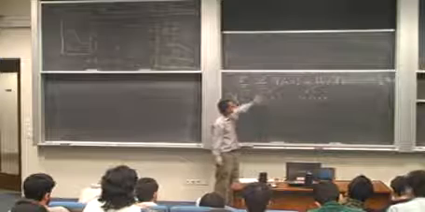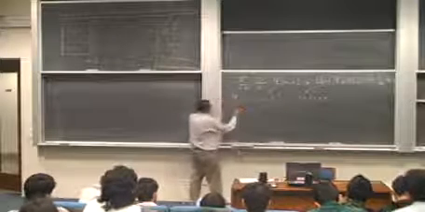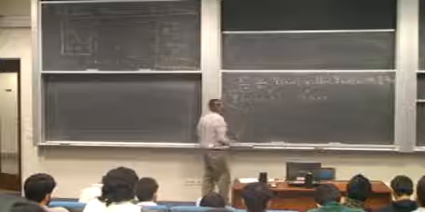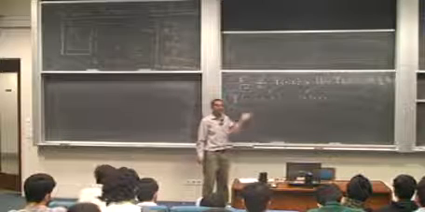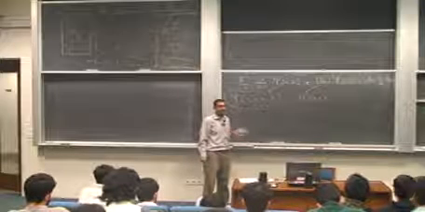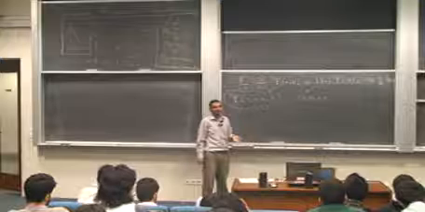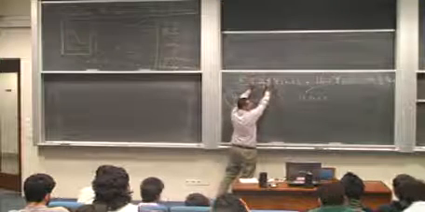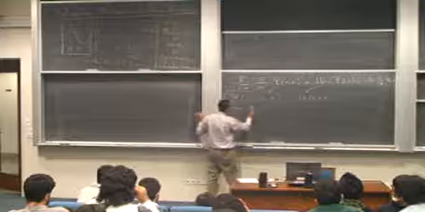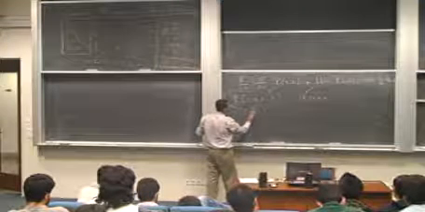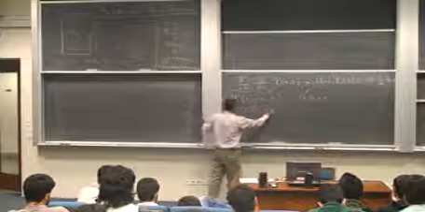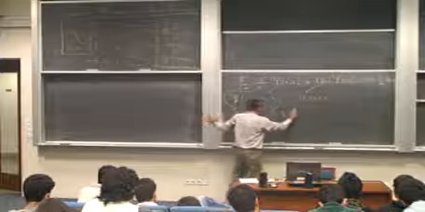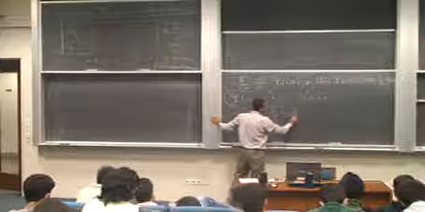In 3 dimensions, this has to be replaced somehow. We cannot be prejudiced towards x. We need to have a y term, we need to have a z term as well. So we have to replace this differential operator by partial squared over partial x squared plus partial squared over partial y squared plus partial squared over partial z squared.